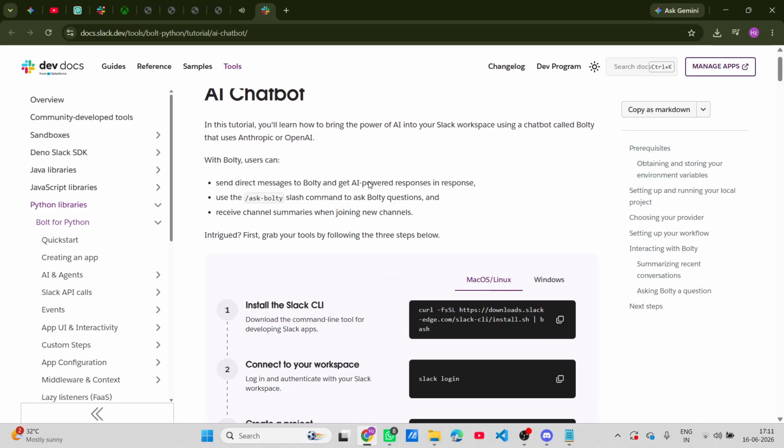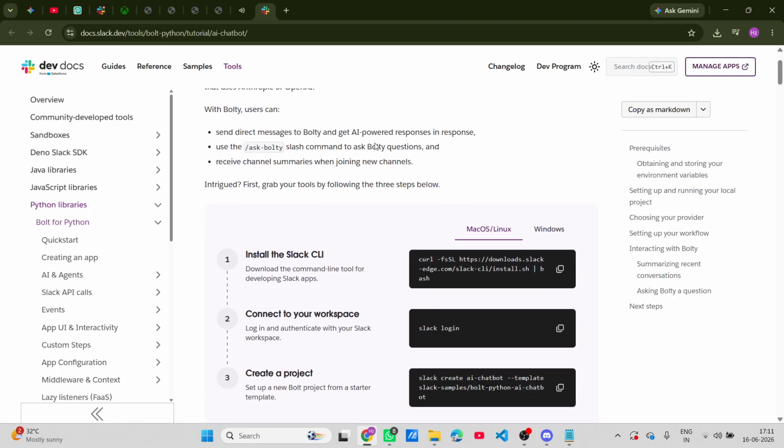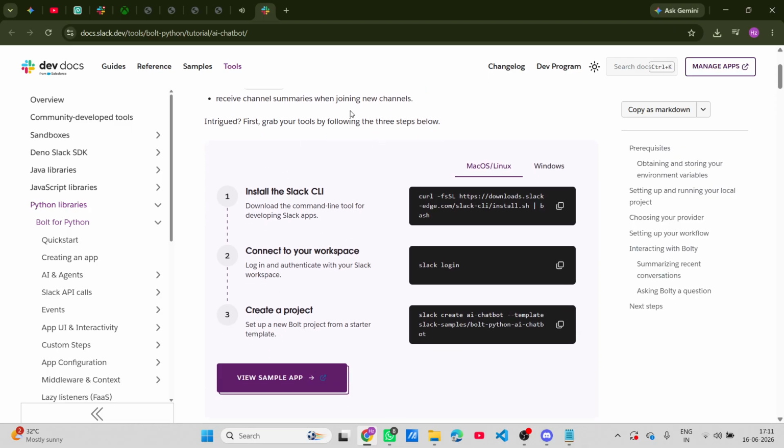To get started on this exciting project, we'll need to install the Slack command line interface, or CLI for short. This is a tool that will help us streamline the process of developing our Slack applications. To do this, open up your terminal. This works on Mac, Linux, or any system that supports Bash. You'll want to run the following command: